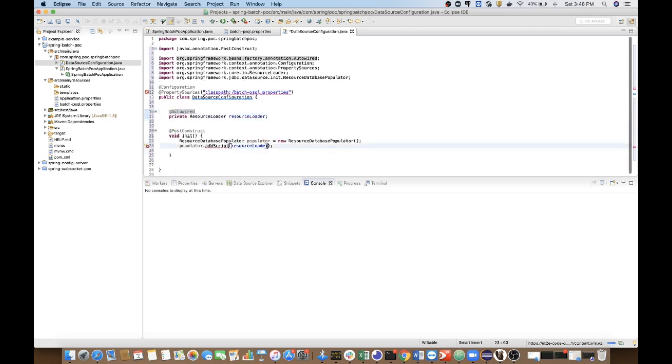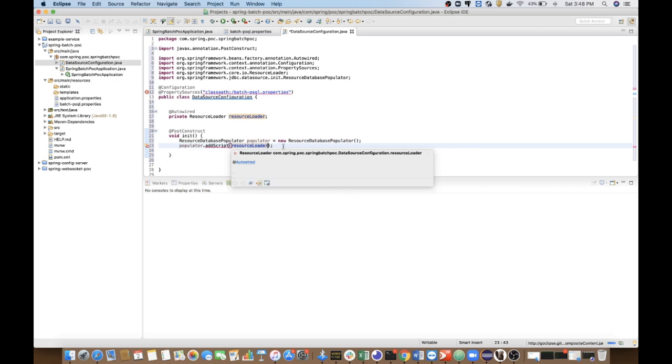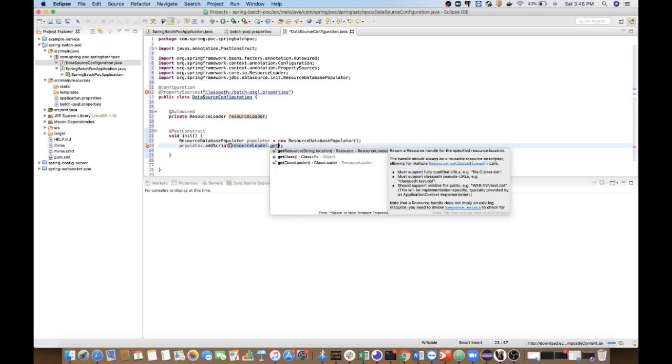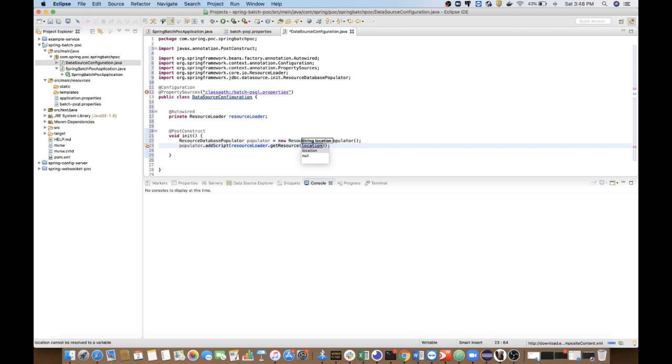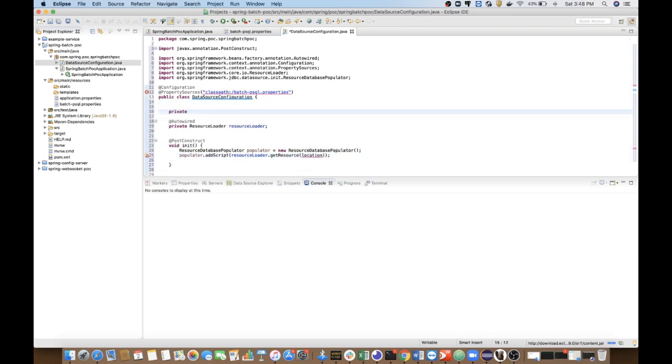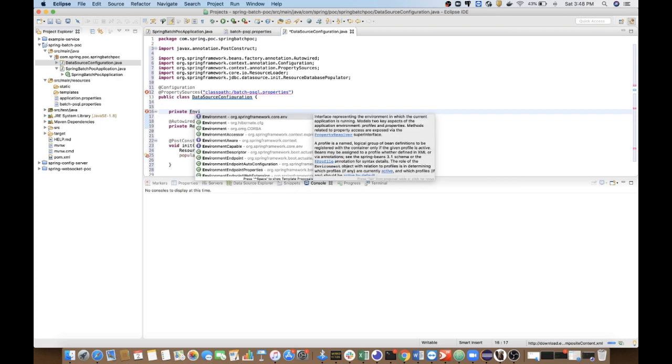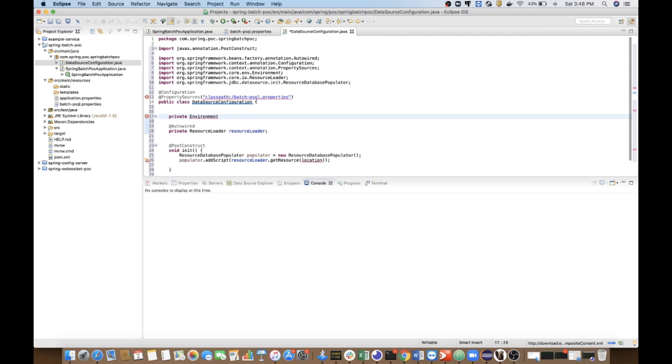By the resource loader I am fetching the property. Now one more thing I need to use here is the Environment, Spring's Environment.